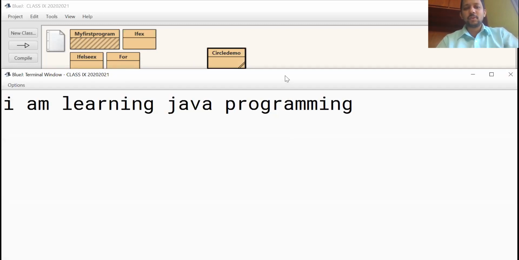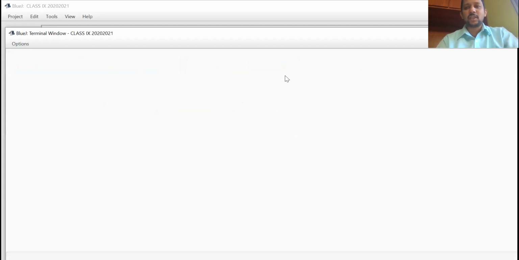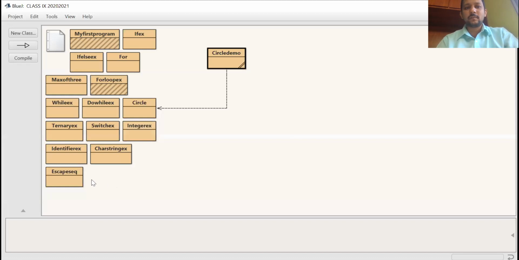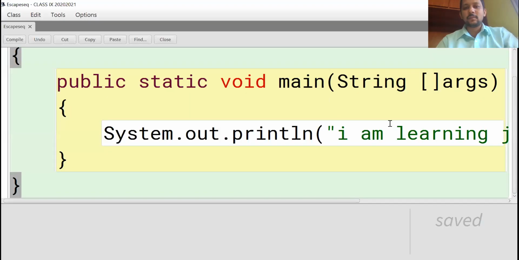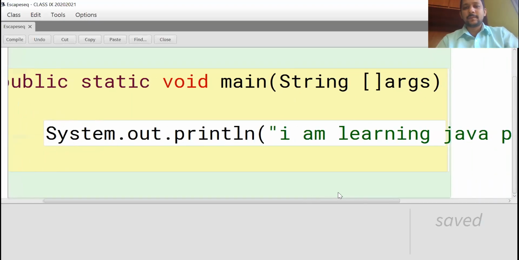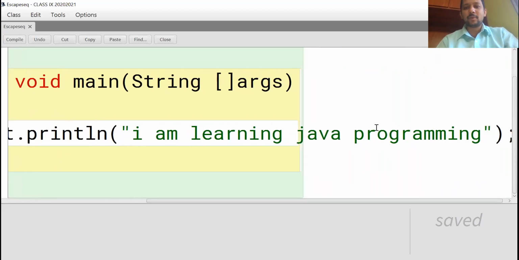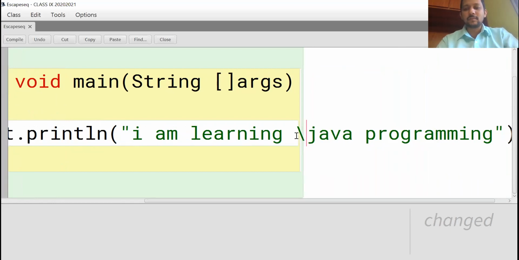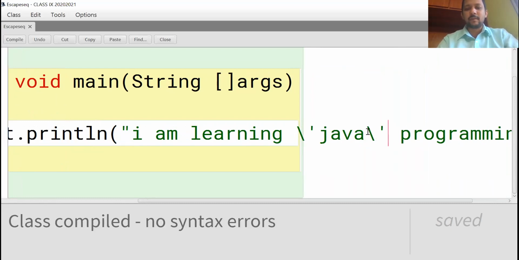Now in this output, I want to print single quotes. Here I want the word Java to be enclosed in single quotes on both sides. Compile.